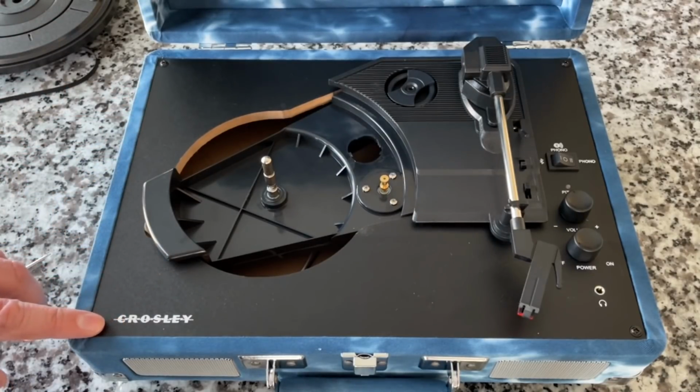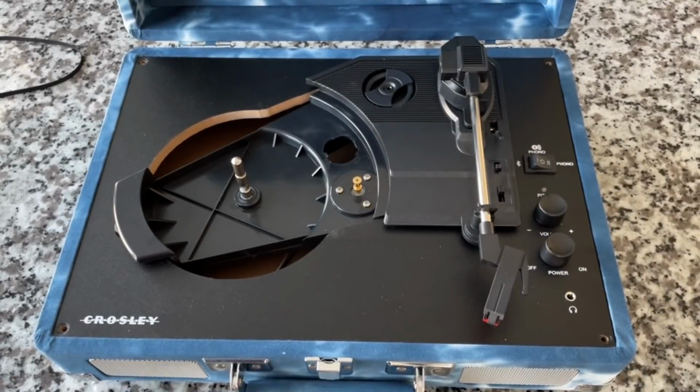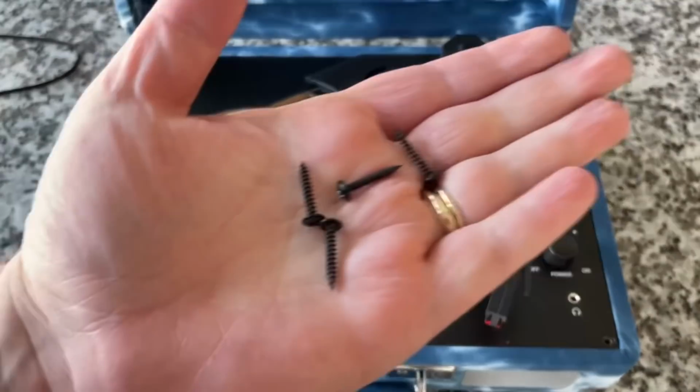So off camera, so I don't bore you, I'm going to remove the screws, and then together we're going to lift off the plinth and see what's inside. This is something you don't want to do any more than you have to, and you never have to, so you'll never have to do this. Just watch this video. Anytime you're wondering, hey, what's inside my suitcase player, my Crosley Cruiser,